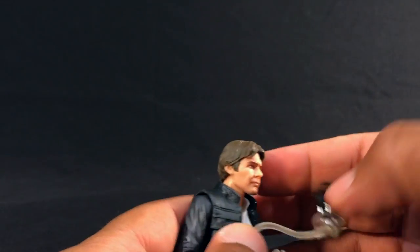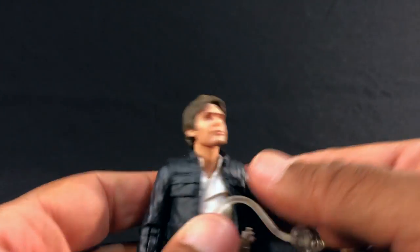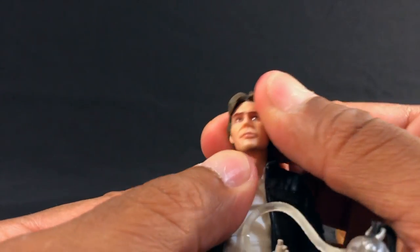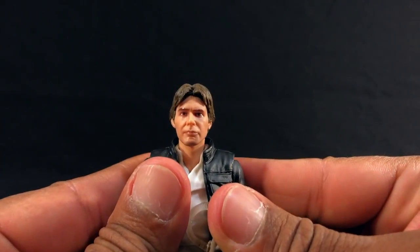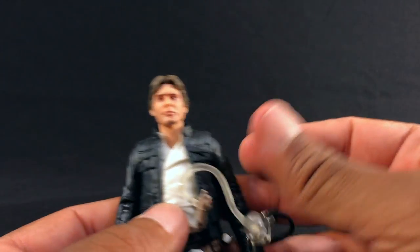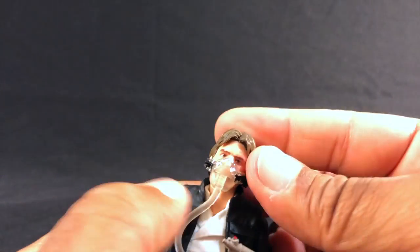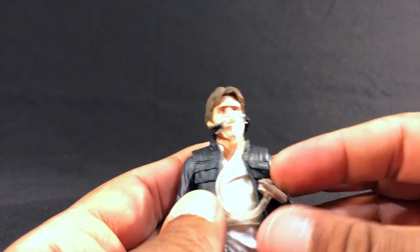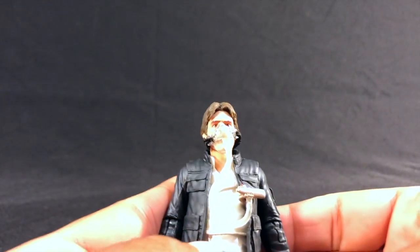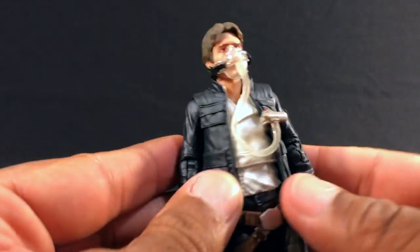Like I said, the paint apps are pretty clean, and with the new facial scan, the face itself is very clean. No derpy eyes or anything like that. So I'm going to put the mask back on him. I do like the little breathing apparatus. That's pretty cool. Now this connects inside the jacket there. So there you go. All right. As far as the jacket,